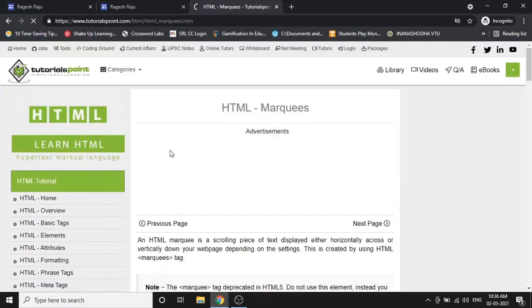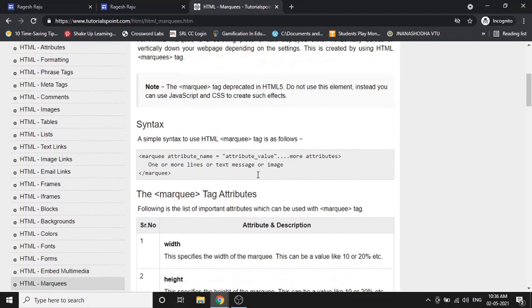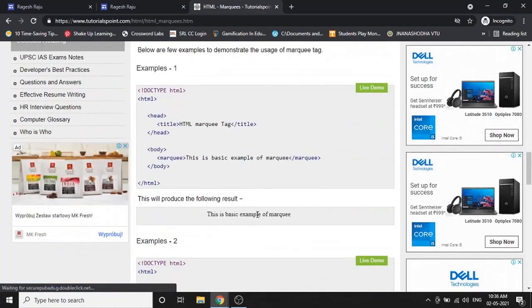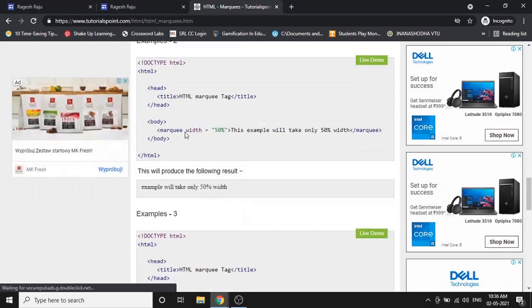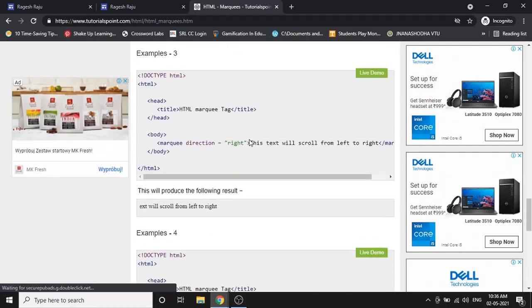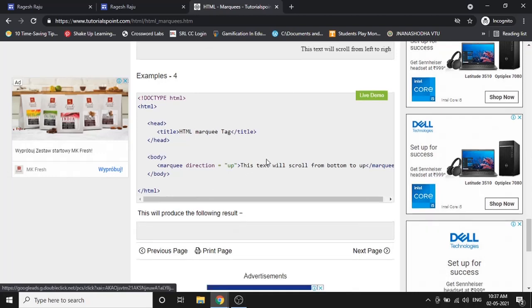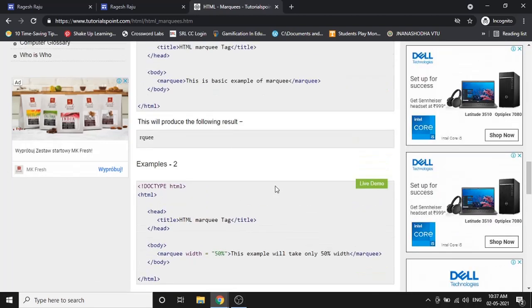I select it from tutorials point. This is one example of a marquee, which is scrolling from right to left, right? This is the other one. The other different types of marquees are those. These are the ones we basically see in different websites, the scrolling which happens.